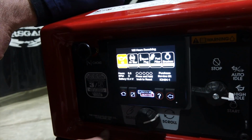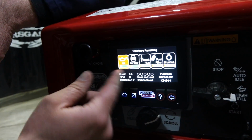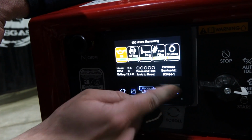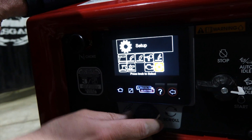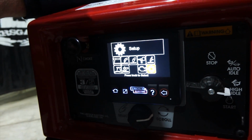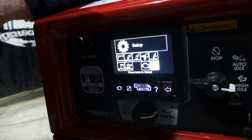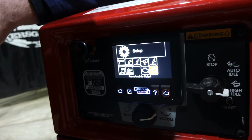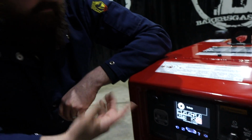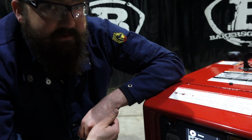And see how, oh, there you go. There's your engine run time, your engine level, oil level, air filter level, that kind of thing. That's pretty cool. So lock this up. Very unique because it's got all your function. It has a lot of different functionality compared to other Rangers. Pretty awesome. So let's try and we'll get some lugs on it, and we'll fire this unit up and see